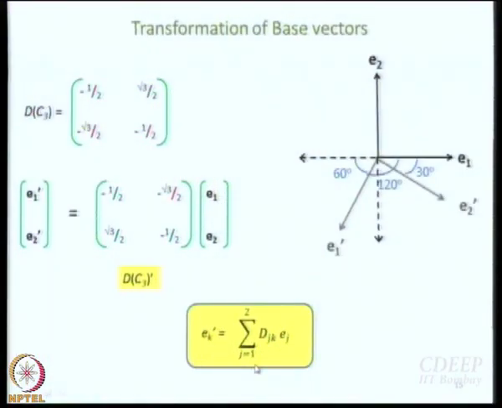Okay, so let us write the more difficult thing first and then we will come back to the nicer, easier thing after that. So, Kamal, this is what you are talking about? Let us see if you understand this or not. I am saying Ek dash is equal to sum over j. I do not know why I have written j equal to 1 to 2, I just got carried away by this example. It should be j equal to 1 to n, djk ej.